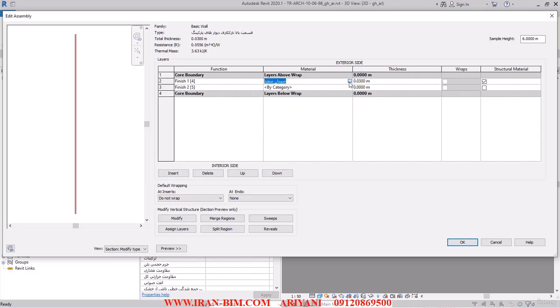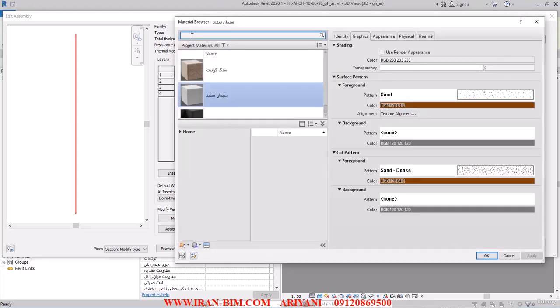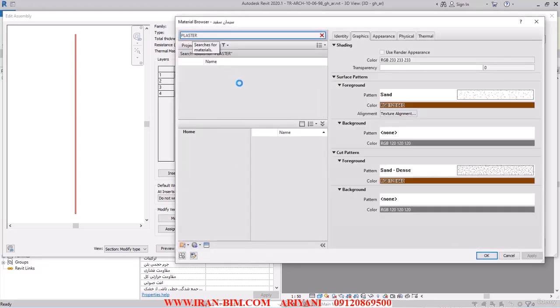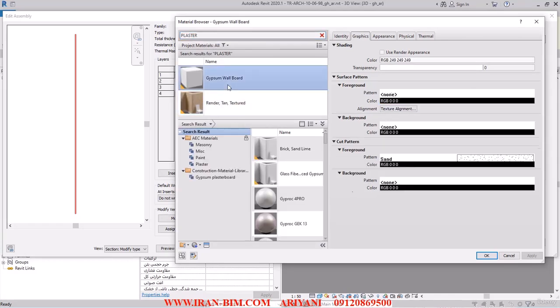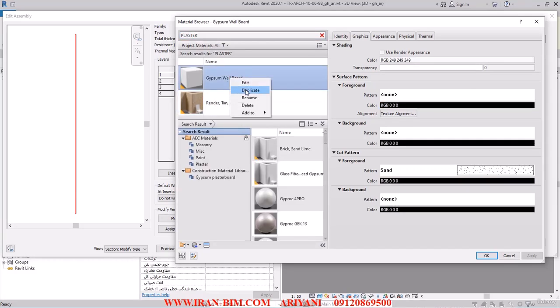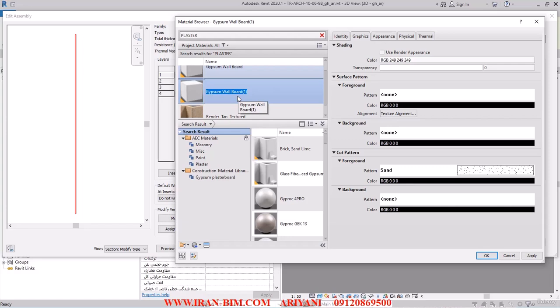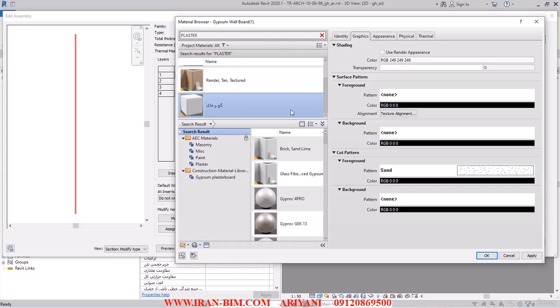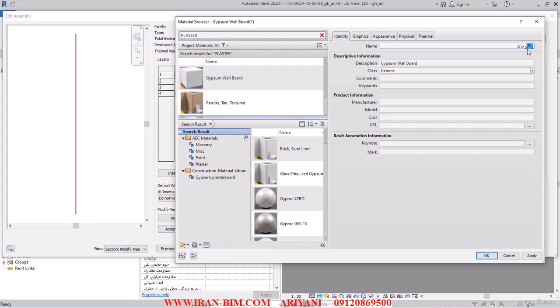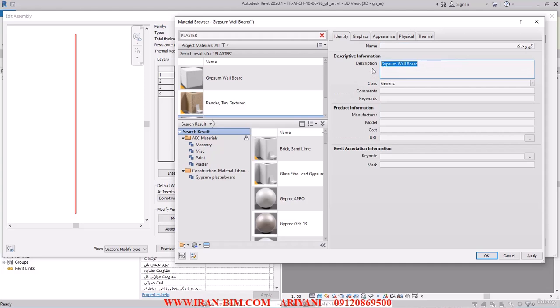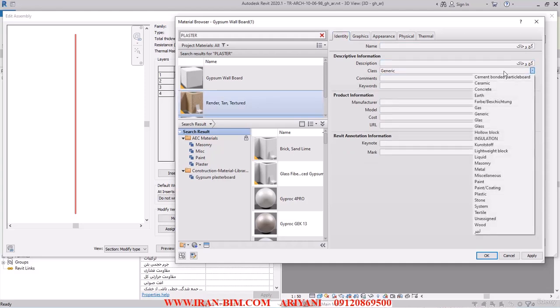Then I go to this part and I'll pull up the material browser. And here I'll search for plaster to see what pops up. So I select this and get a duplicate of it, and I'll name it plaster and soil. So after doing that, I go to the identity tab and to the name section here. Then I paste the name here as well in the name section,